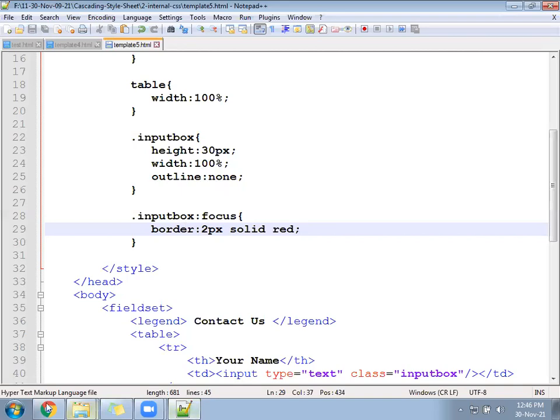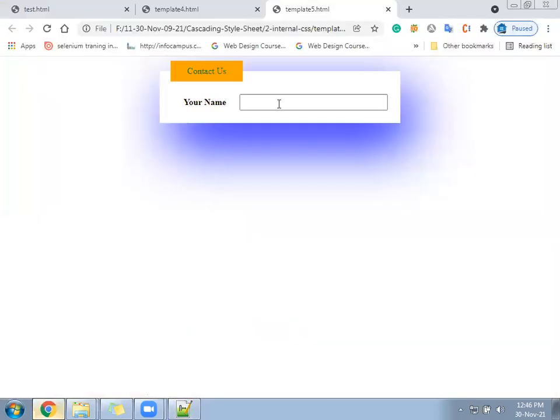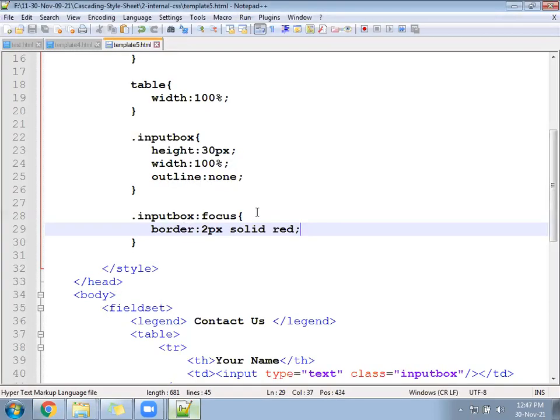Hope you have written it. Focus. Check now. Once you click inside the text box, something happens. Earlier what appeared was called outline, and this is called a border. So that becomes customized, and in every browser this will work. Come down after that. So hope it is working till here.